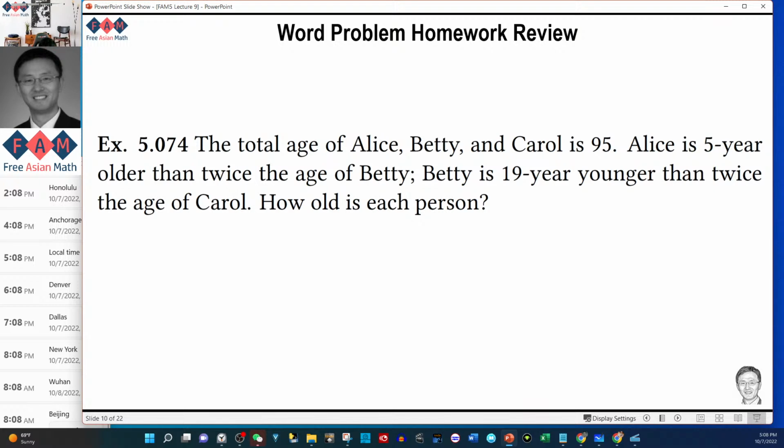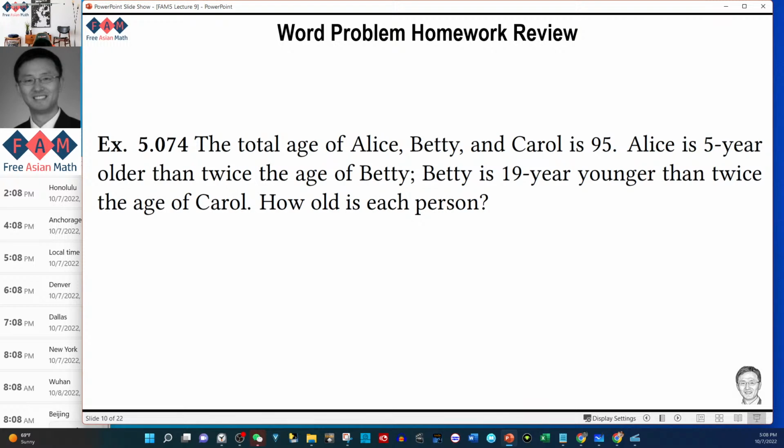If Betty is 19 years younger than twice the age of Carol, what can we do to make Betty's age exactly twice the age of Carol? We imagine somehow Betty gets 19 years more age. Meaning that if Betty gets 19 years older, her age would be exactly twice that of Carol, right? Assume that's a new basis. In that case,